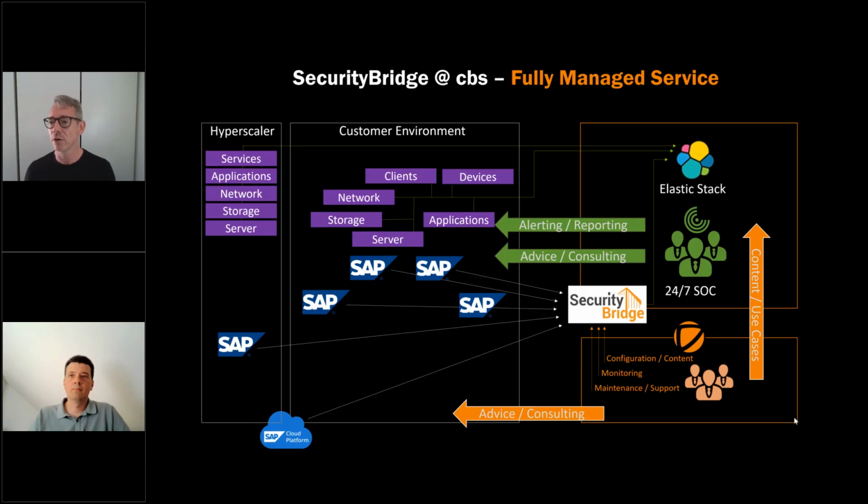But all those tools have one thing in common. They don't really know about SAP, because SAP is a too specific environment and a too large environment of different technologies and languages and wordings and so on. And here we as CBS decided to head for SecurityBridge, because it was obviously, when scanning the market, the one-stop solution for SAP security, really touching different points, not just authorizations, not just coding, not just patch management,